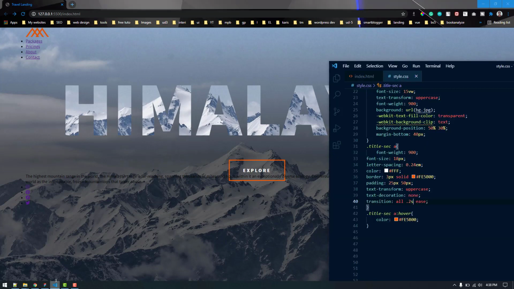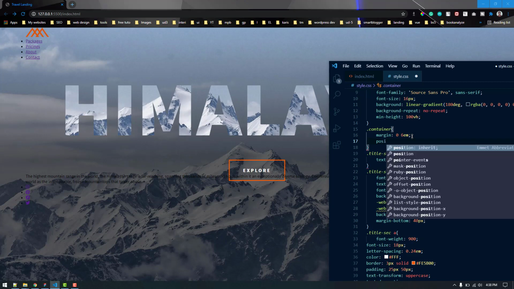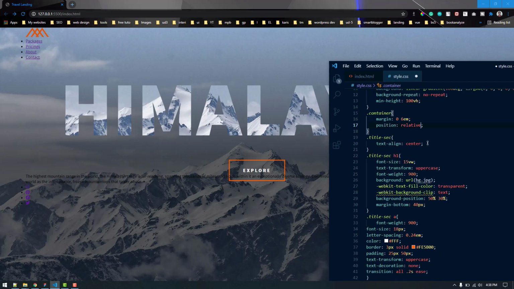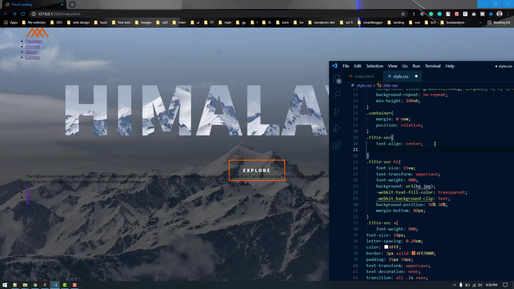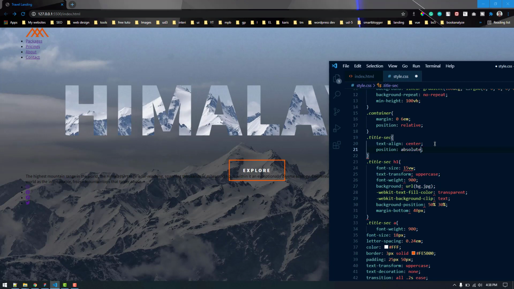So we can actually do it in two ways. We can give it a height and then make it center, or we can give this container a position of relative, then this section title or title section a position of absolute.